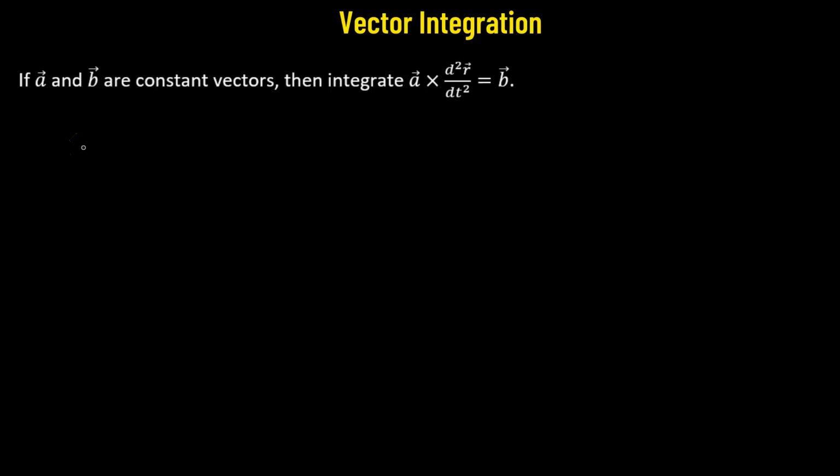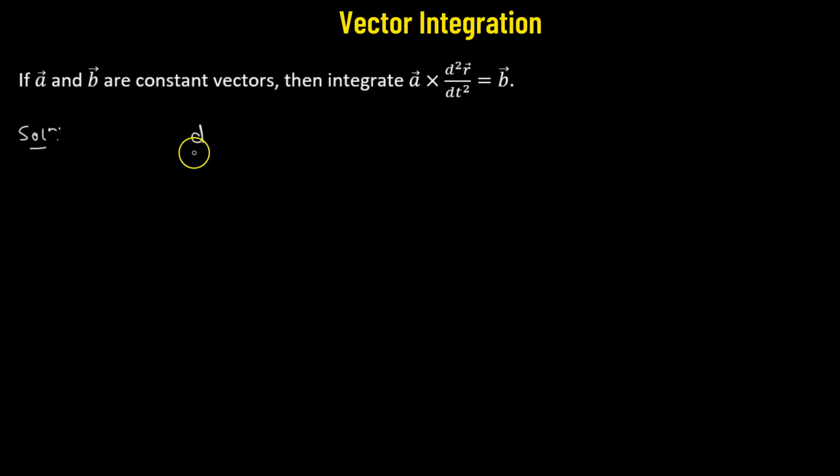So here we have two constant vectors a and b, and we need to integrate vector a crossed with the second derivative of the vector valued function r with respect to a scalar parameter t equals the constant vector b. So let's begin. Before performing the integration, we will use the fact that